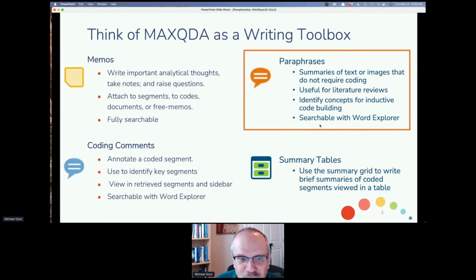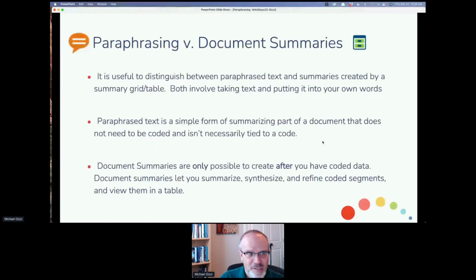Summary tables are an analysis tool that let you take coded segments and rewrite those in your own words and then view them in tables. It's important to be able to distinguish between paraphrased text and summaries created by a summary grid and table.